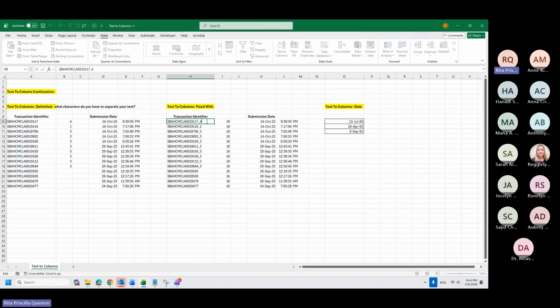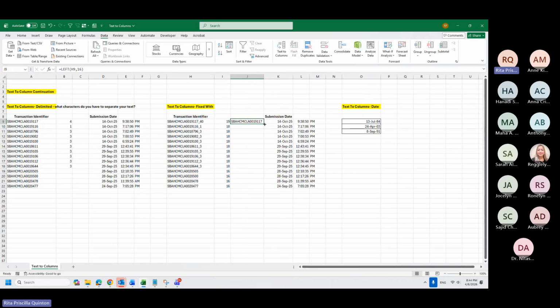These are extra characters. So if I will have, for example, 40, I need only 16. So what I will do, LEFT, 16. Then it will give me the same as the text to columns output.